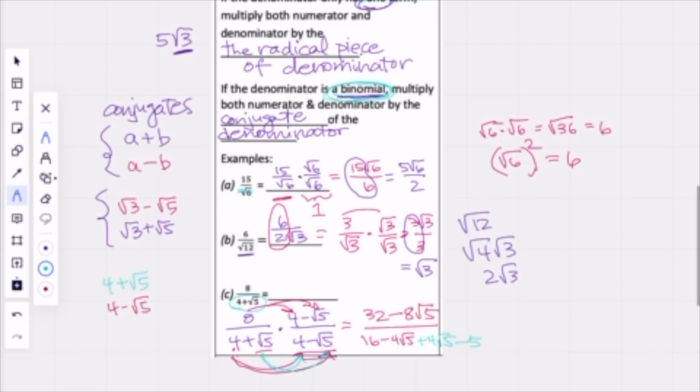Now let's clean up that denominator just a little bit. Notice that I've got a positive and a negative 4 square root of 5, so these negate each other, and I'm just left with 16 minus 5. So my final answer here will be 32 minus 8 square root of 5